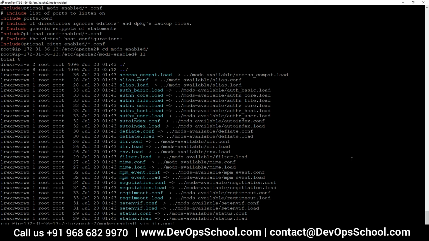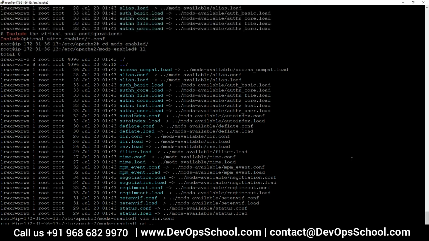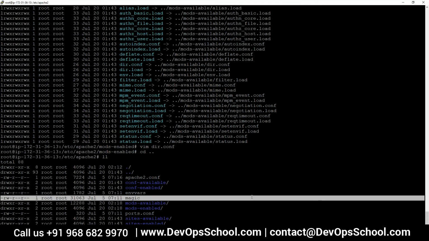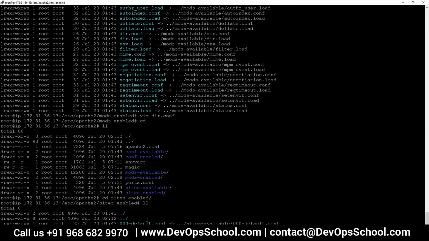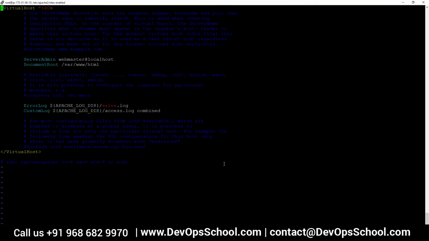Now, let's go back to sites-enabled. There is something called sites-enabled. Let's say cd sites-enabled. And there is a default configuration here. Let's open it. And this is very interesting here. Now it says which sites or which web servers we are hosting on this machine. Okay, so right now there is this web server called